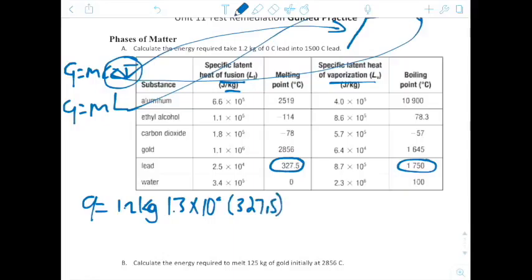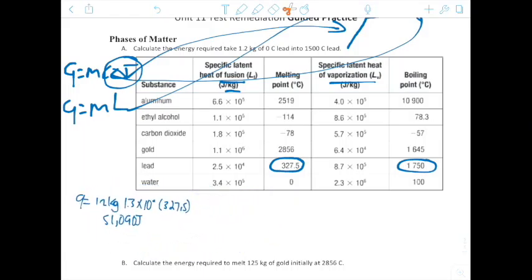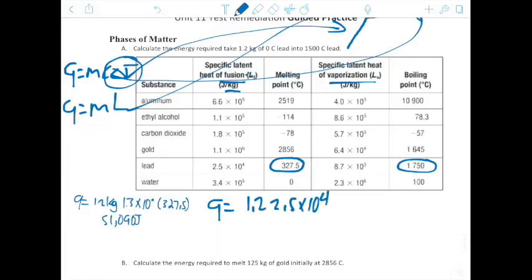And we get an initial increase of 51,090 joules of energy. And then once it reaches 327.5, it's going to change phase. And we're going to use Q equals mL. And so all we do is we take our Q equals our mass, which is 1.2 kilograms, times our latent heat of fusion, which for lead is going to be 2.5 times 10 to the fourth, which gives us a Q value of